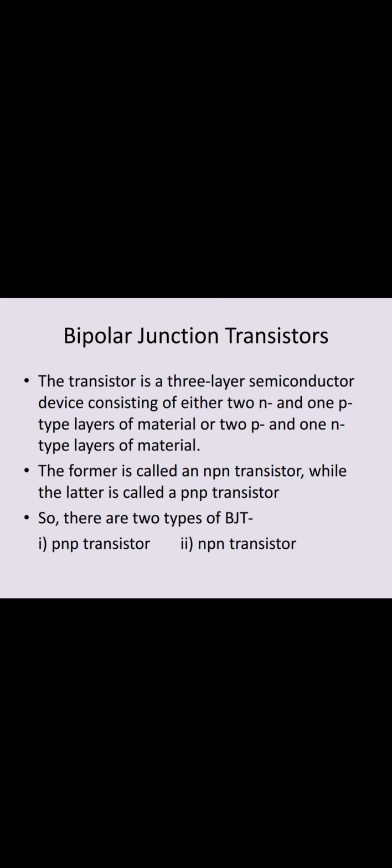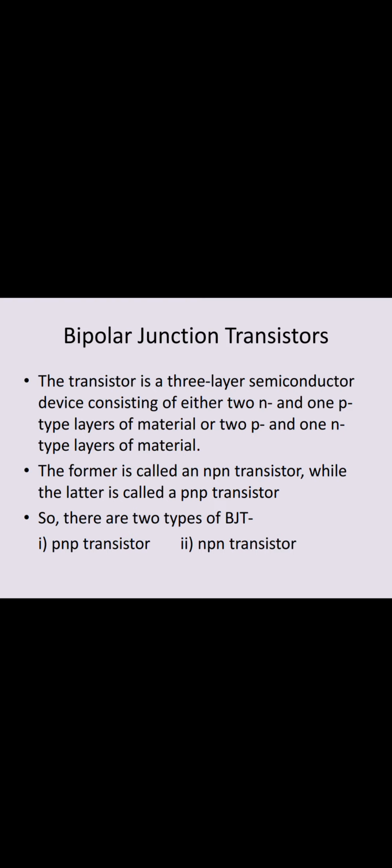Today's lecture topic is the bipolar junction transistors. A bipolar junction transistor, or the BJT, is a type of transistor that uses both electrons and holes as the charge carriers, while in unipolar transistors, such as the FETs, only one kind of charge carrier is used. A bipolar transistor allows a small current injected at one of its terminals to control a much larger current flowing between the two other terminals, which makes the device capable of amplification or switching.